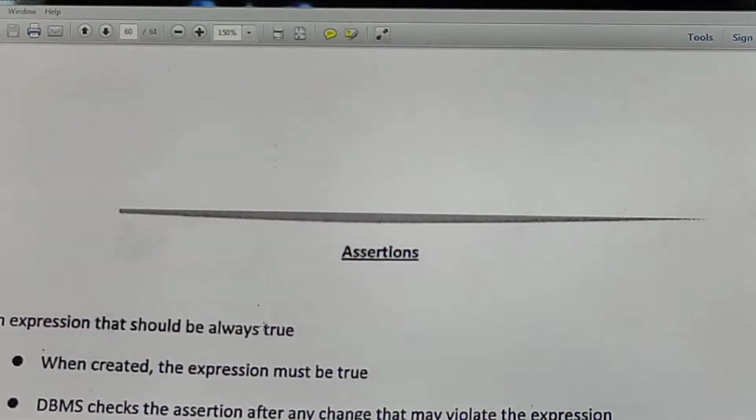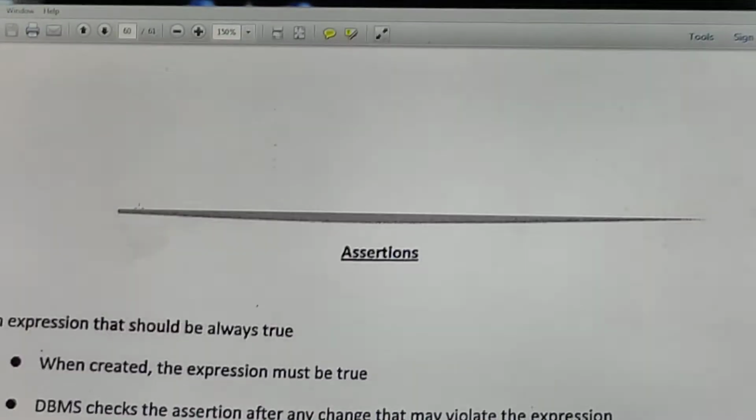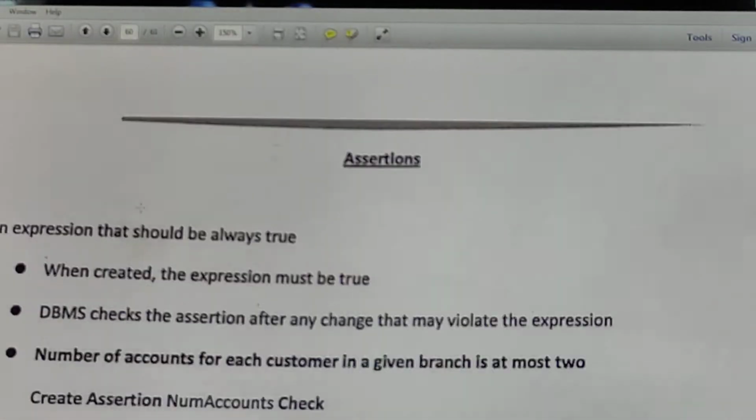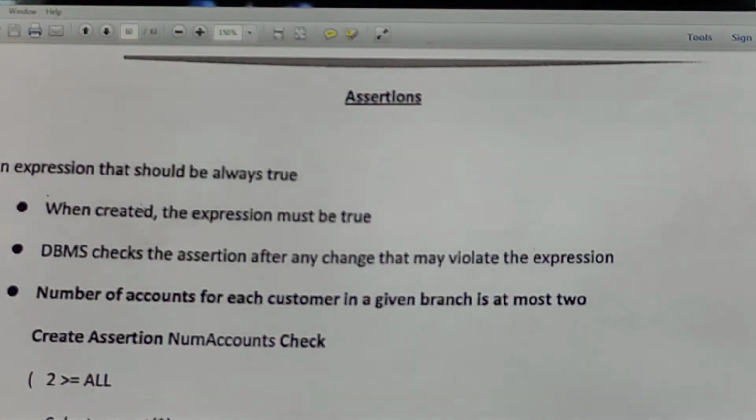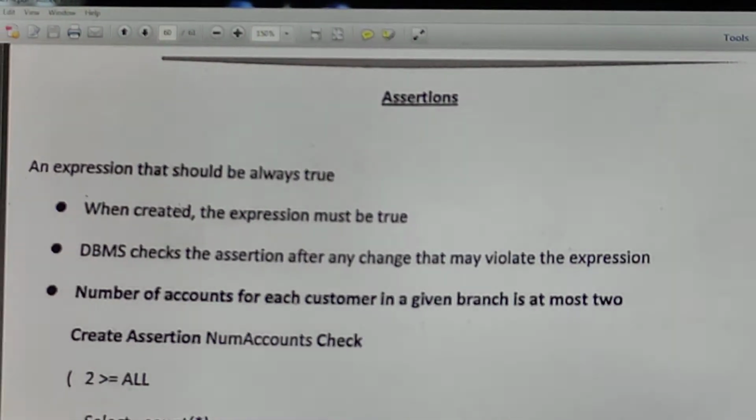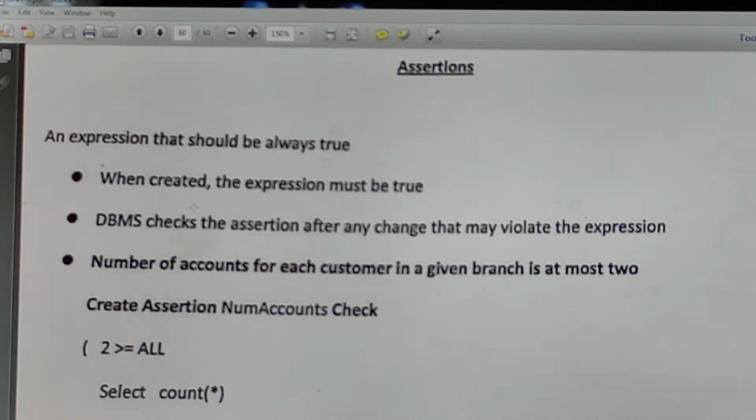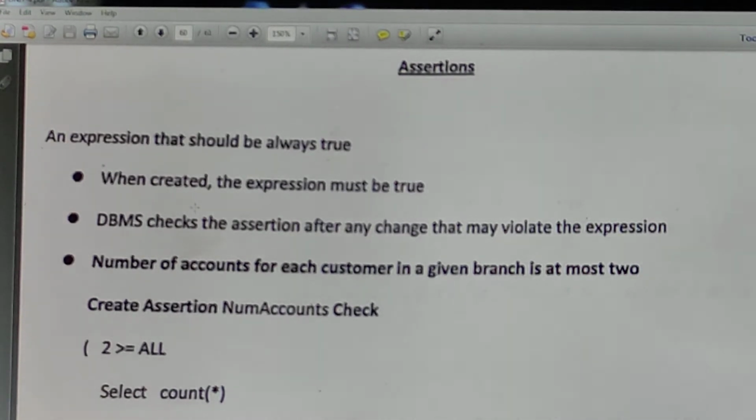What are assertions? Assertions are also like this: an expression that should always be true. An expression that should always be true, that is an assertion. An assertion basically only checks the values of certain variables.